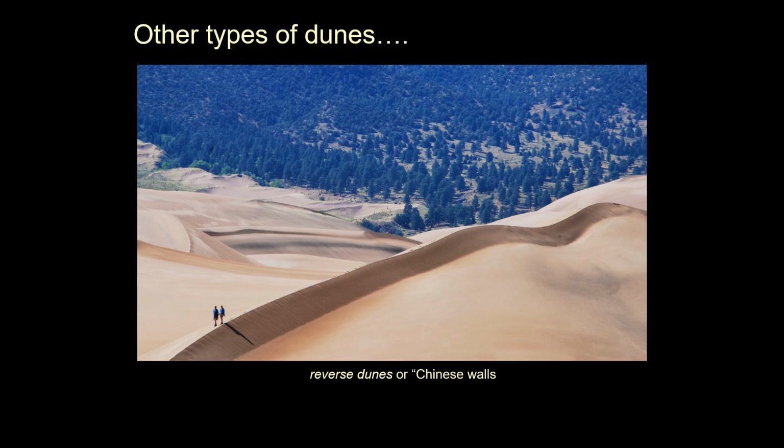And then I think this is sort of interesting. This reversal in wind direction produces this thing called a Chinese wall. So you get this very narrow ridge right here, a dune ridge. So imagine again the wind direction coming from two different sides of the dune and switching or changing